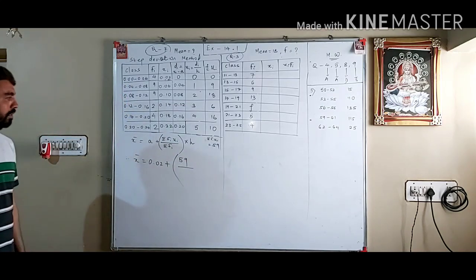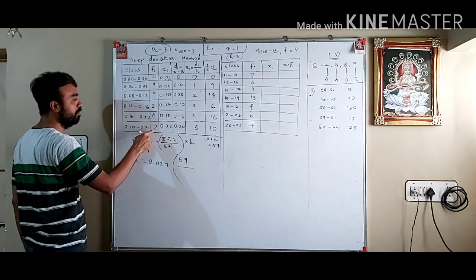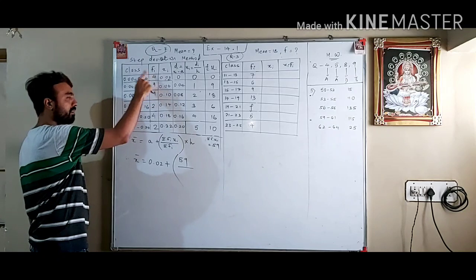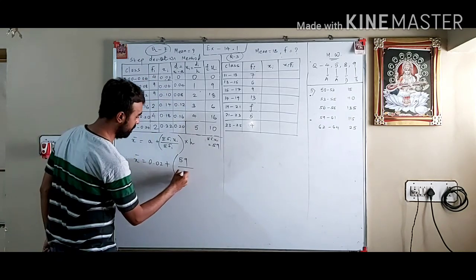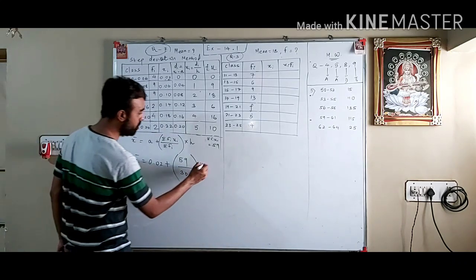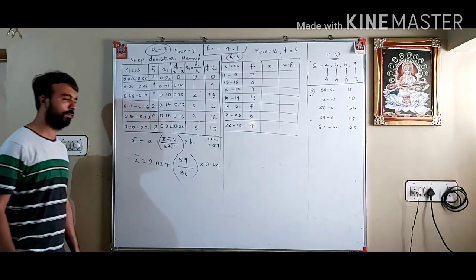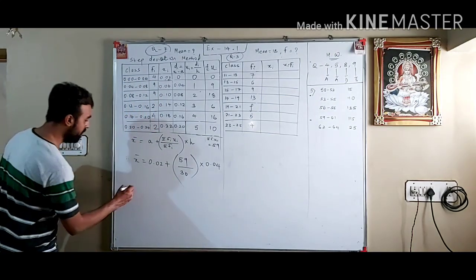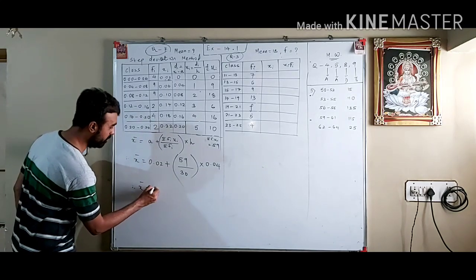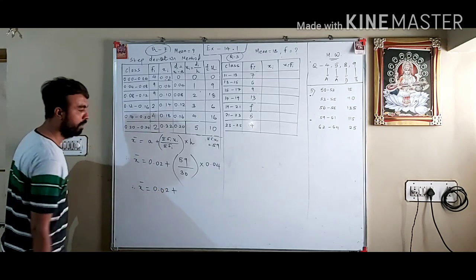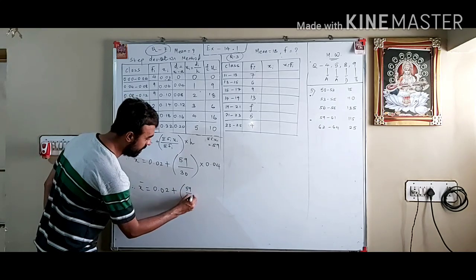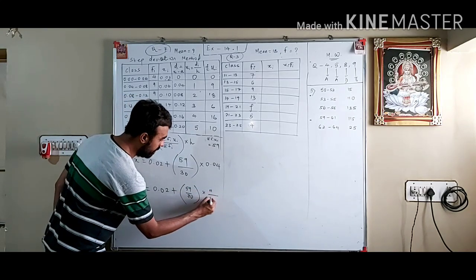divided by sigma fi. That means you need to add all these numbers. 2 plus 4, 6 plus 2, 8 plus 9, 17 plus 9, 26, 26 plus 4, 30. So you have 30 over here. Multiply by h. What is h? 0.04. Okay. Now very simple calculations. X bar is equals to 0.02 will remain 0.02 plus, इनको अगर आपको सॉल्व करना है चाहे तो पहले आप डेसिमल नंबर्स निकाल दीजिए, दैट मींस इसको 4/100 कर दीजिए।